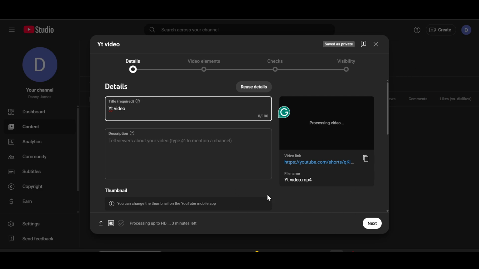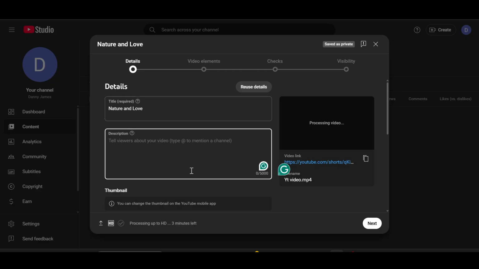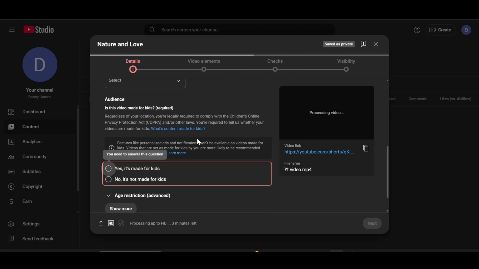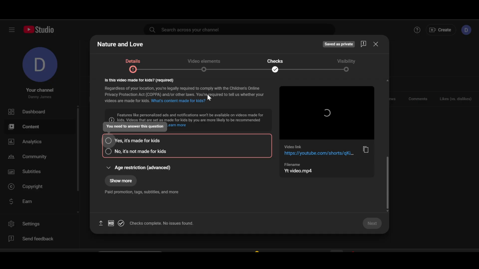And as you can see, here is my video and here I have to give a title. I have given this a demo title. You can give the title as per your needs and then you can even add your description as per your needs. Now after that click on next and you can add the video elements. You can check everything, whether it's made for kids or not,